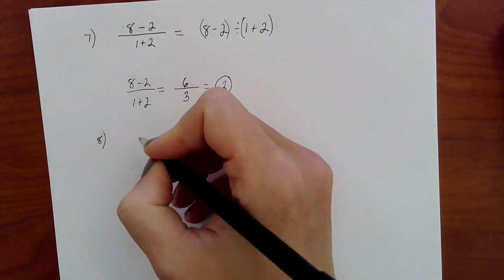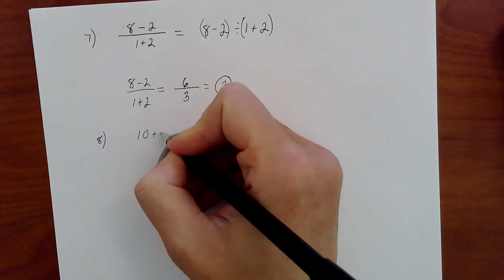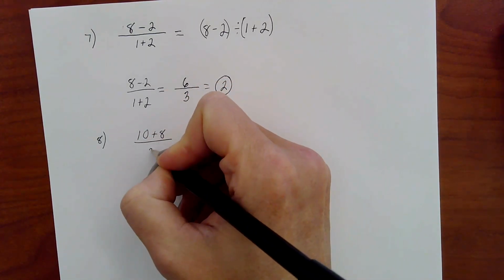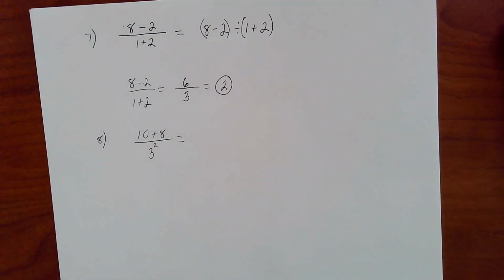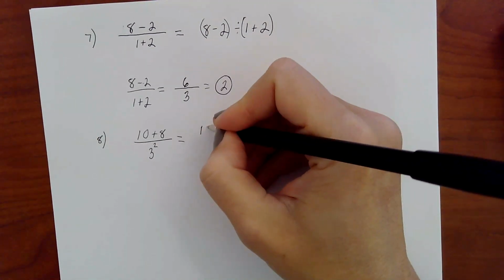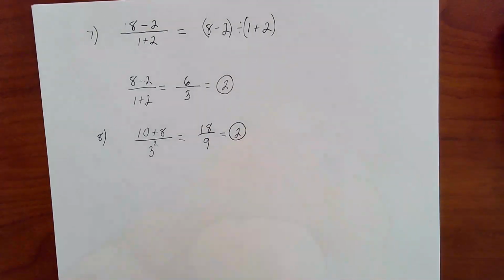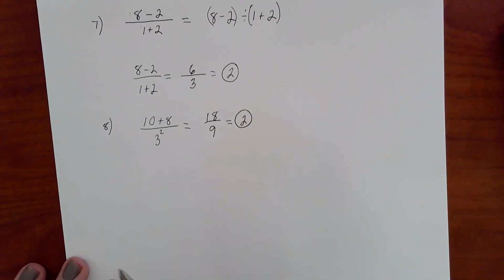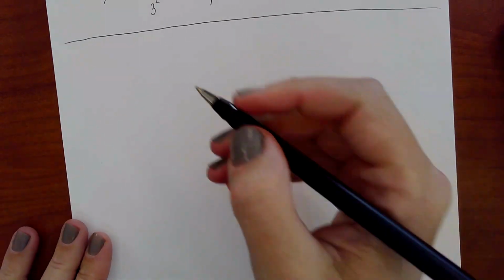Okay, you try one. Let's say 10 plus 8 over 3 to the second power. Pause it and give that one a try. All right, hopefully you paused and you got 18 over 9 is 2. Okay, awesome. All right, now there's one last thing that I want to go over, and that is